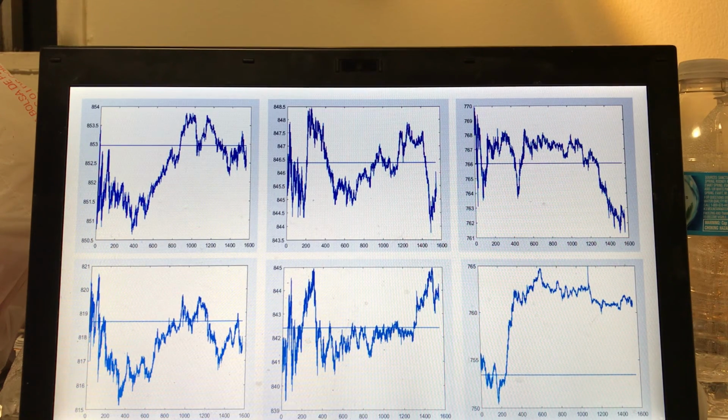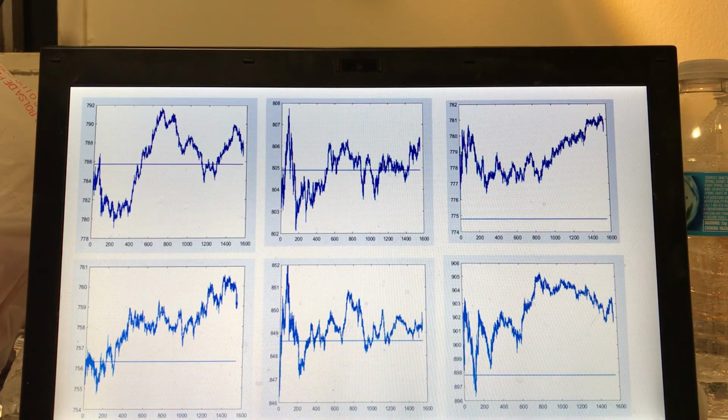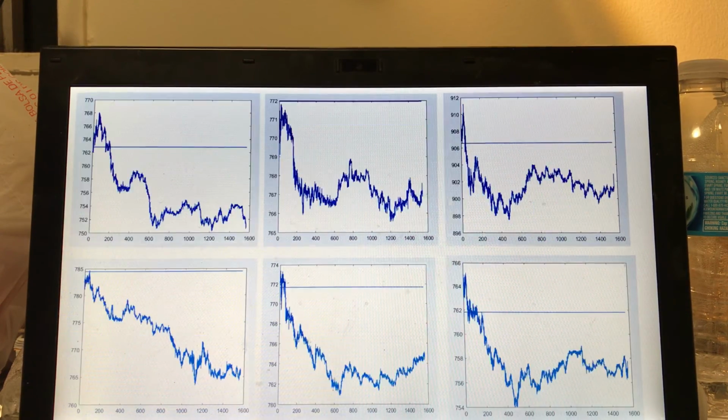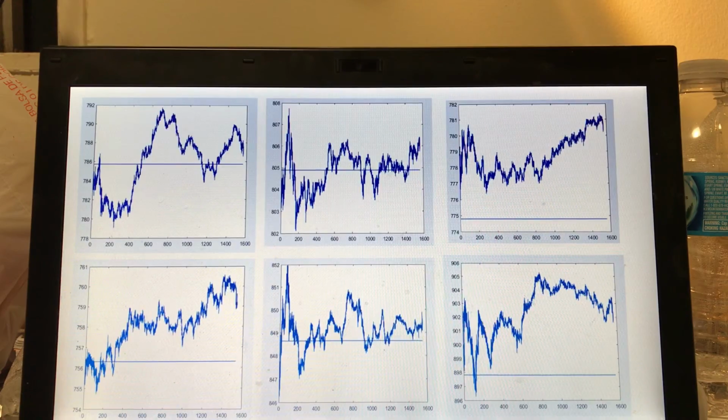And luckily, in my presentation, we are able to classify most of the stock patterns and conclude a strategy for how you can profit after you see the opening price and the initial trend. You can at least not suffer a loss by applying these strategies. And in most cases, I believe you can make a profit, since